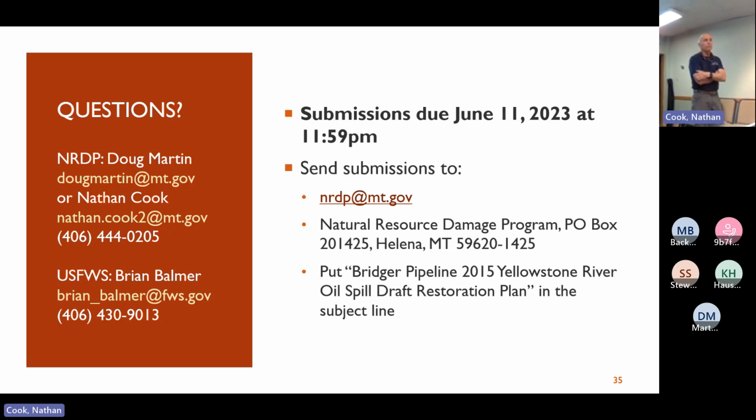So we do have engineers. Most of the way the state implements these projects is the funds are held by the Bureau of Investments. And they invest those funds, so they actually grow a little bit. And then we will allocate those funds. So in this case, we would work with you guys on whether or not, how we'd want to develop this fishing access site or do the improvements to it, or work with the city. If the city wanted to take the lead, we could set up a contract with the city so that they could